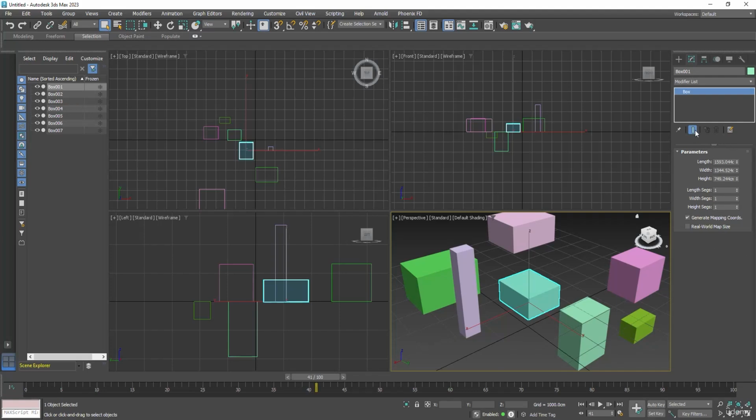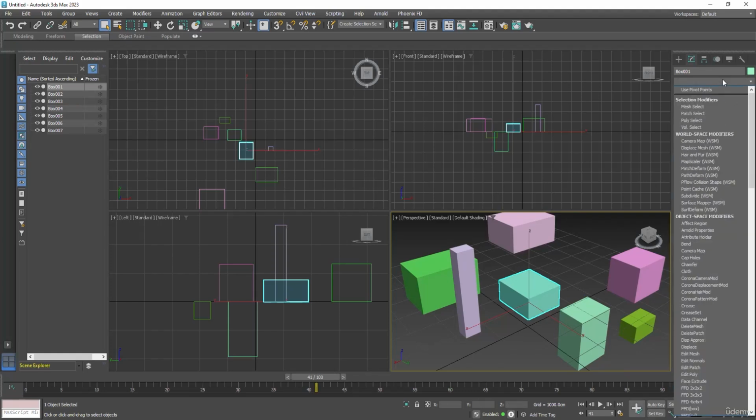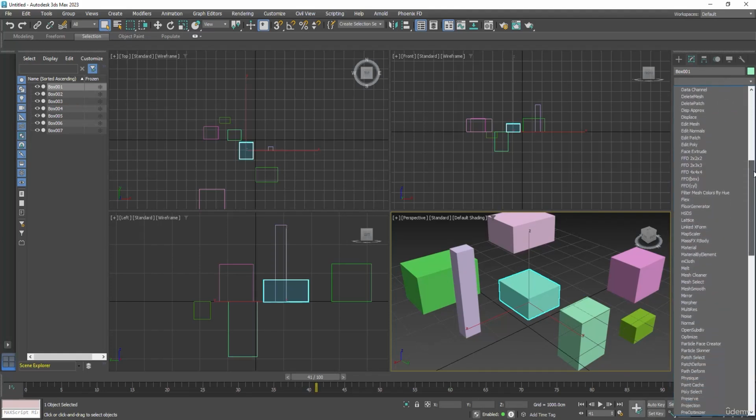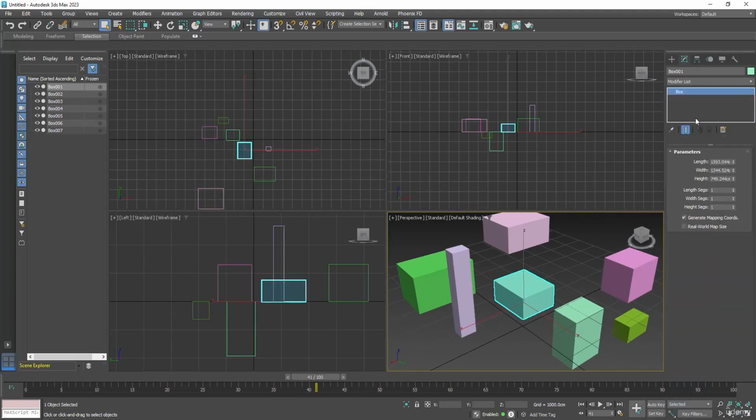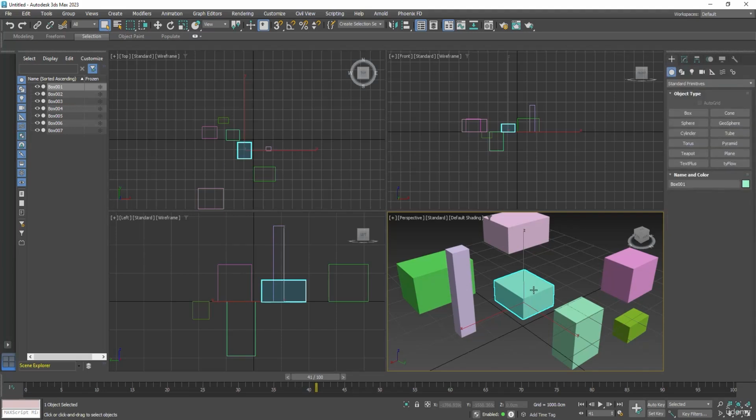Apart from these parameters, we can also modify a lot of things about these objects. So this is the list of modifiers that we can use on this object. And there are so many. Don't worry, I will teach you almost all of them. We are going to use all of them. Okay, so right now we don't want any of them. So we have our box